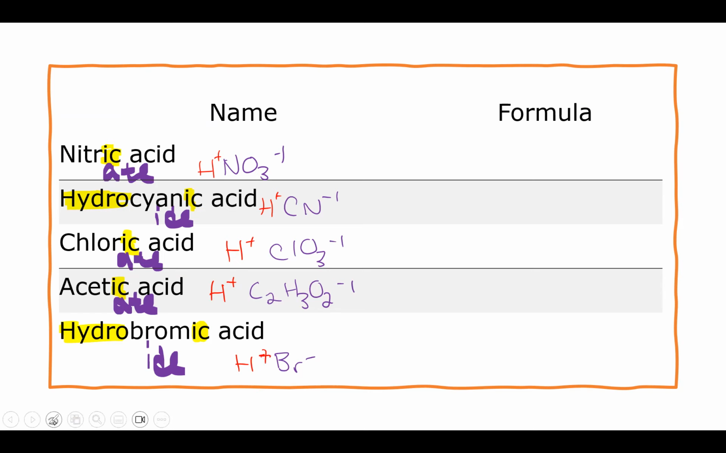To make the correct formula. So for our formula here, these are both a 1 charge, so this just becomes HNO3 for nitric acid. These are both also a 1 charge, so HCN for hydrocyanic acid. We did this example,